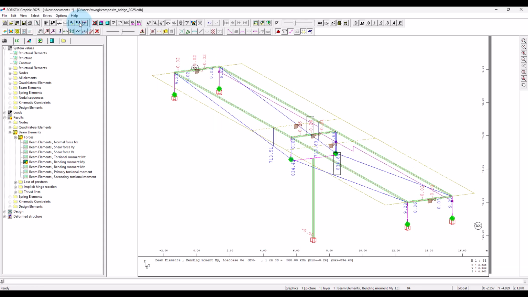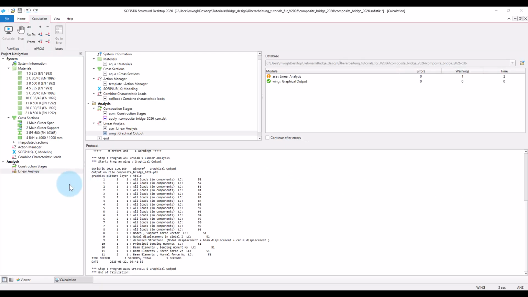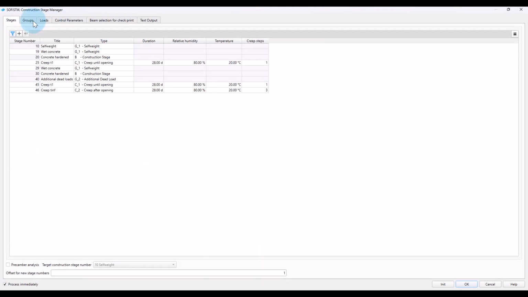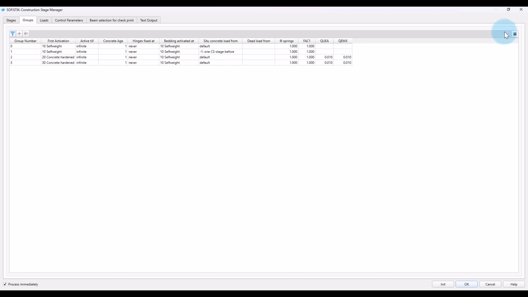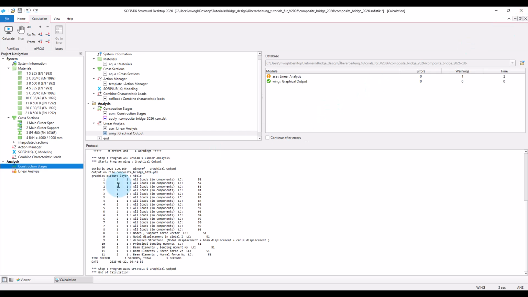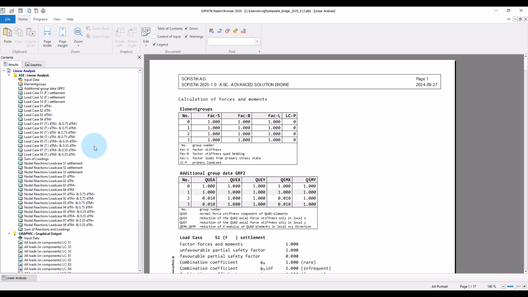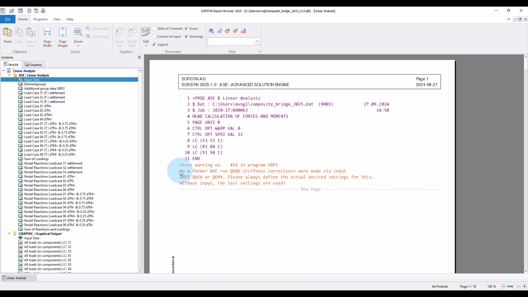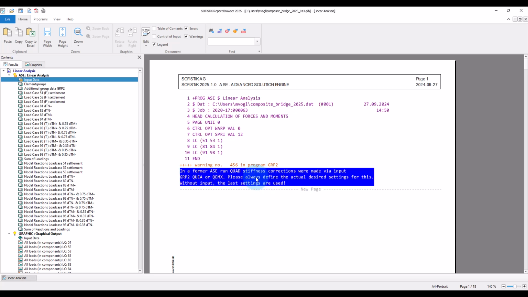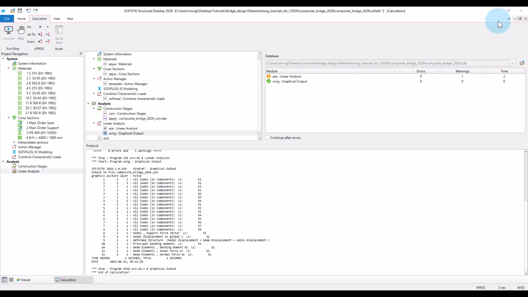Same for the temperature. Now, important, as you might still have present, we reduced the stiffness of the area elements in longitudinal direction of the bridge to have the stiffness of the concrete slab not considered twice in the system. The settings that we made here will be taken also here in the linear analysis task. You also can see in the report that you get the corresponding notification. However, now in our case that's fine because we also in the linear analysis want to have this reduction of the area element stiffness.